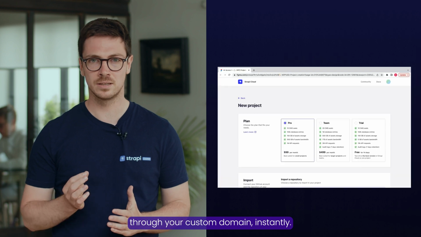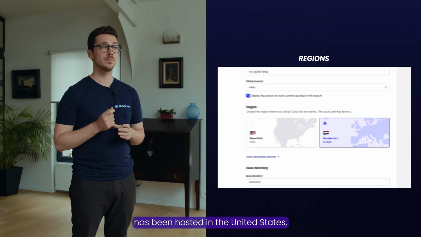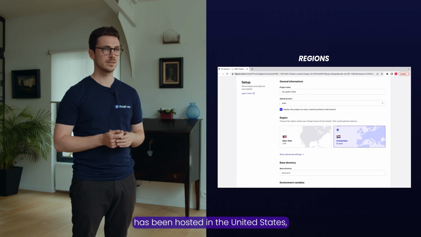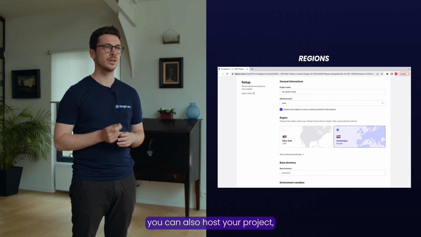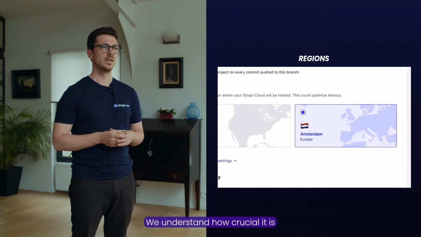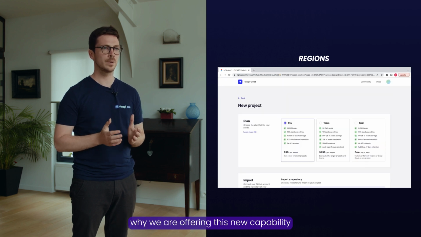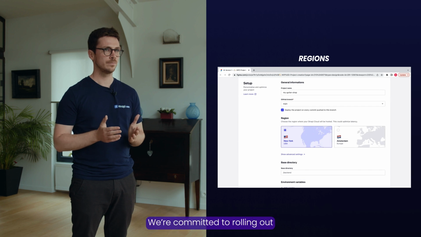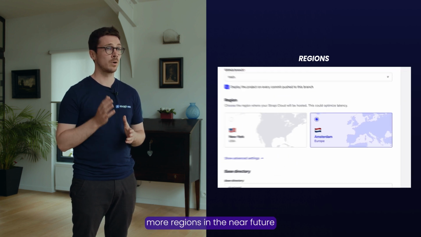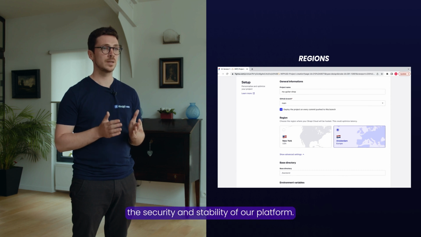domain instantly. Regions. Up until now, all our infrastructure has been hosted in the United States. But starting today, you can also host your project, data, and assets in Europe. We understand how crucial it is for customers to be GDPR compliant. That's why we are offering this new capability to serve you better. We are committed to rolling out more regions in the near future without compromising the security and stability of our